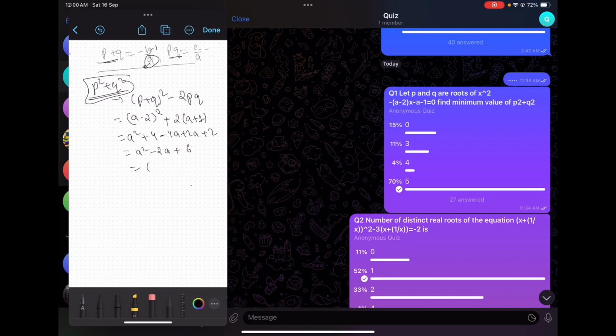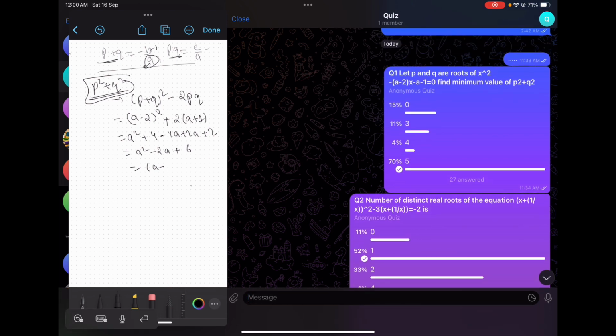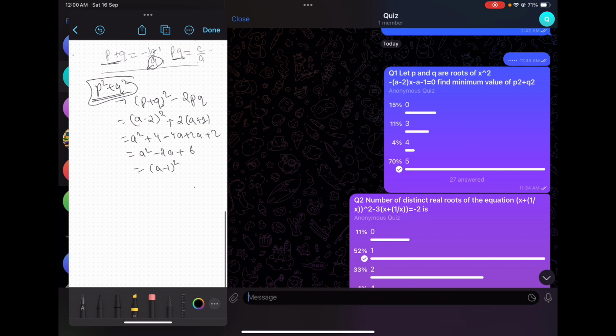Okay. So this will be A minus 4A. So this will be A minus, find the minimum value of, so this can be written as A minus 1 whole square. So for that we have to break down this as 2 plus, sorry, wait, let me try it with the general only. Better clarity, 2 into A into 1. So we need to add and subtract 1. Okay, here already 6 is having, ignore that. Okay, add 1, subtract 1. So this we got A minus 1 whole square plus 5.